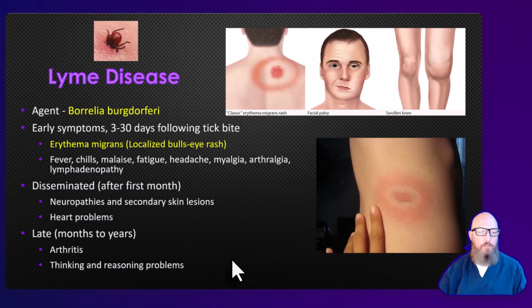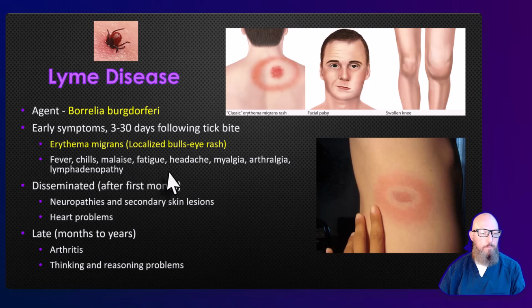This is an infectious disease caused by the bacteria Borrelia burgdorferi. And if you remember this one, this is the classic sign, right? You see this erythema migrans rash, the target, the bullseye target, that red rash that you get, that's classic for Lyme disease. But it'll also be associated with fever, chills, malaise. They'll feel very sick, right? All these different symptoms. And this is the early onset, within the first month, within days to weeks following the